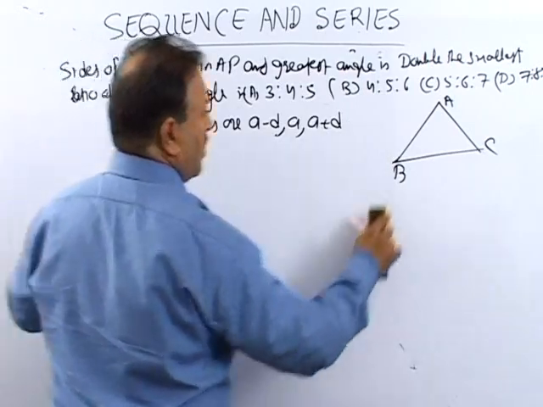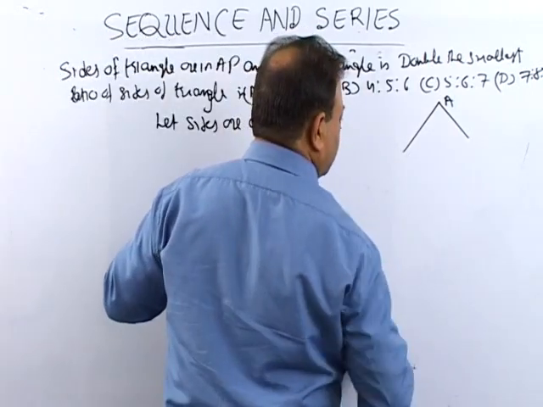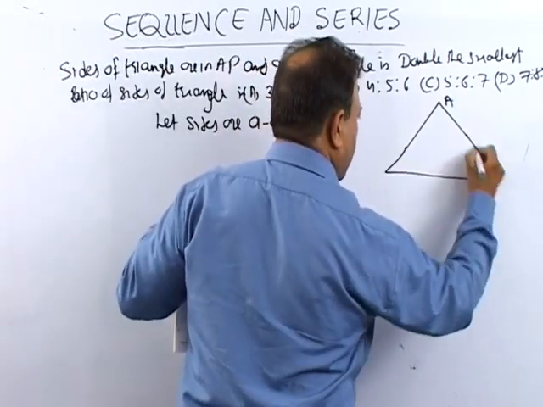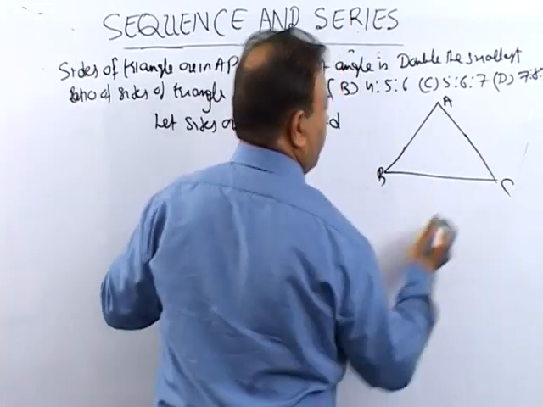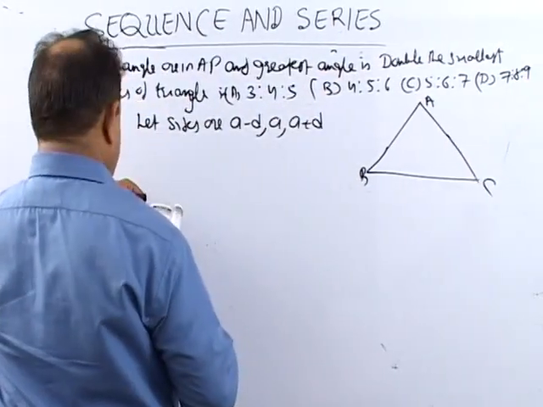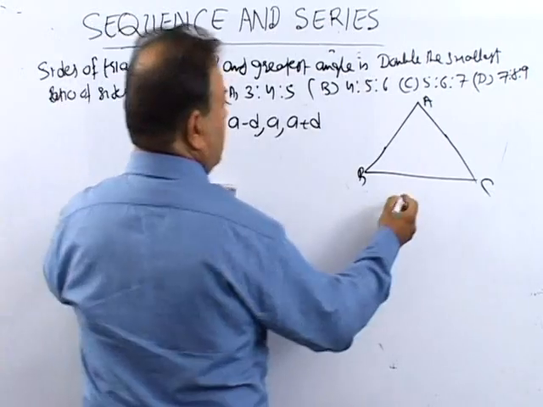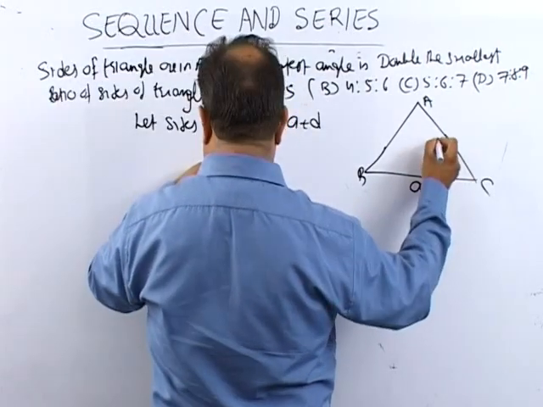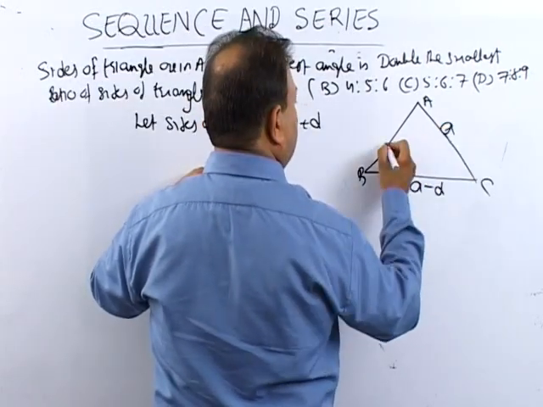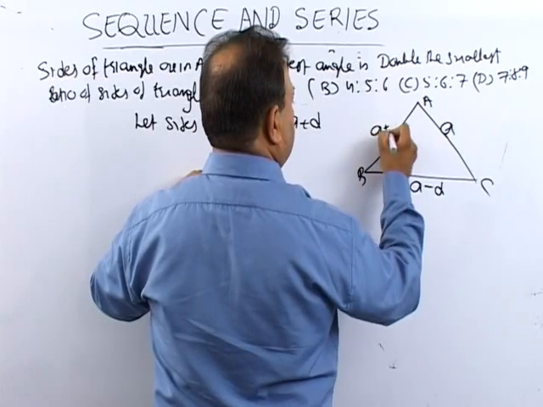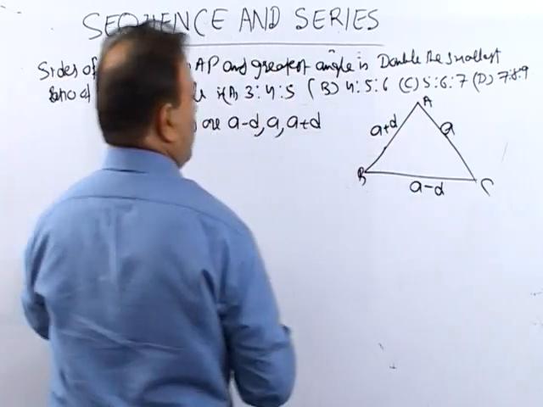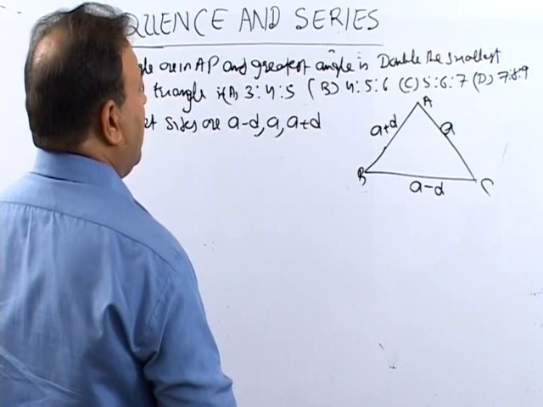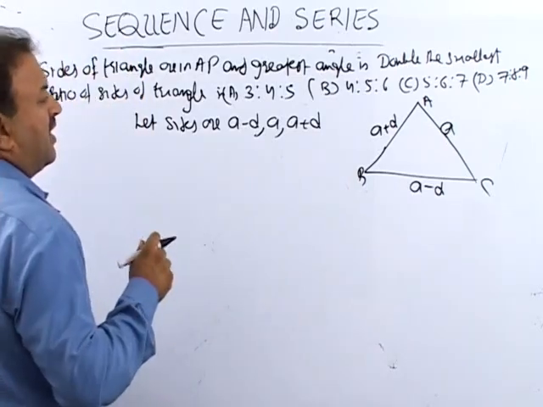I draw the triangle once again, this way: A, B, C. Now I take it one by one. This side is a minus d, this is a, and this is a plus d. So let the sides be a minus d, a, a plus d. Then the greatest angle is